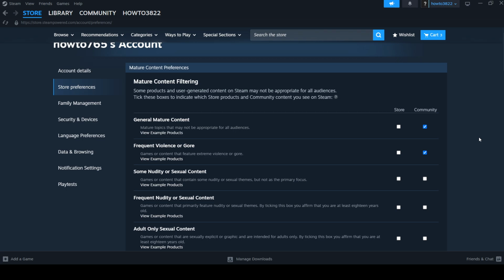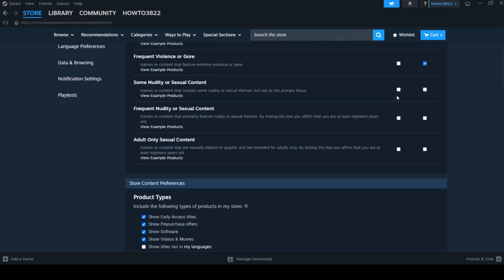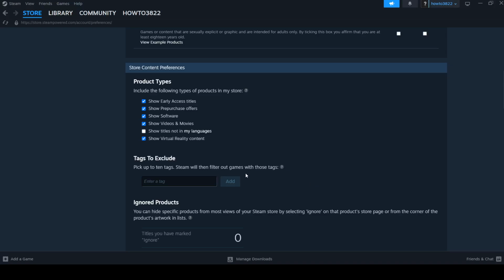Here, you can choose whether certain mature or age-restricted content is shown while browsing the store. Adjust these options according to your personal preferences and account requirements. Next, review the store content preferences. This area lets you customize the types of games and content you're interested in seeing. Selecting the categories that match your interests helps Steam provide more relevant recommendations while reducing content that doesn't match your